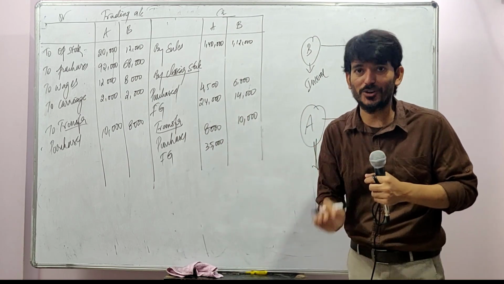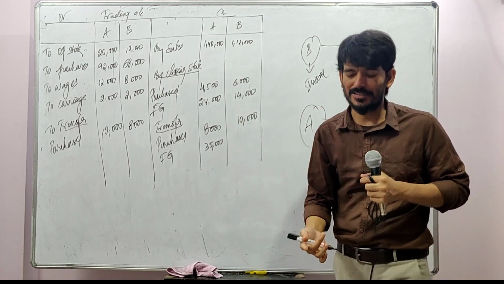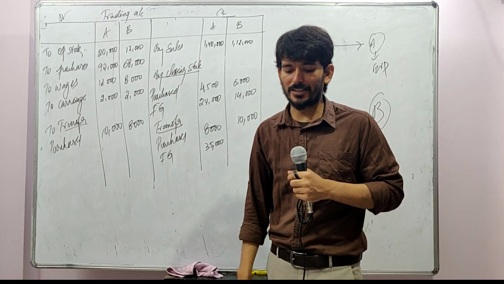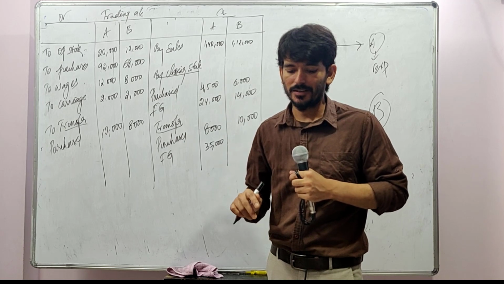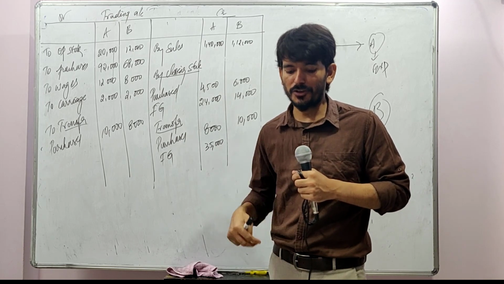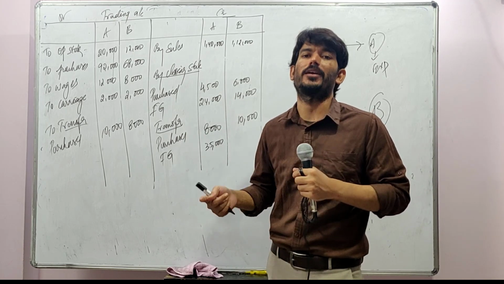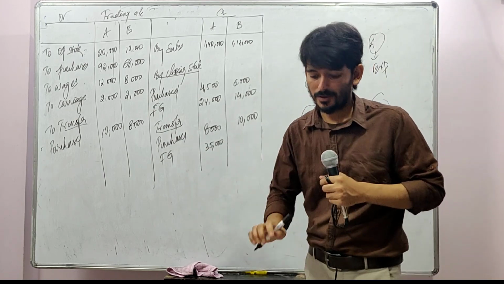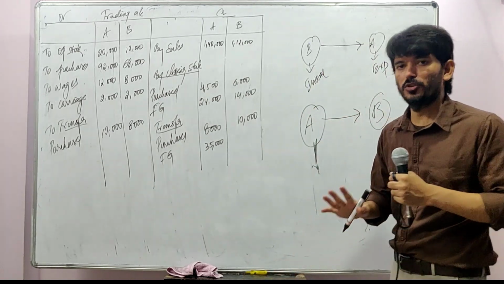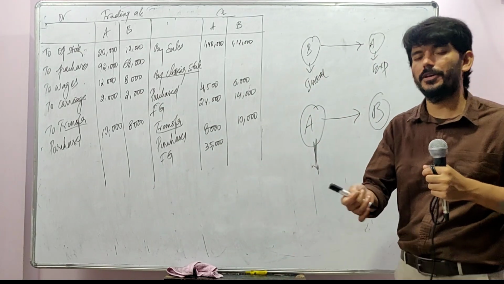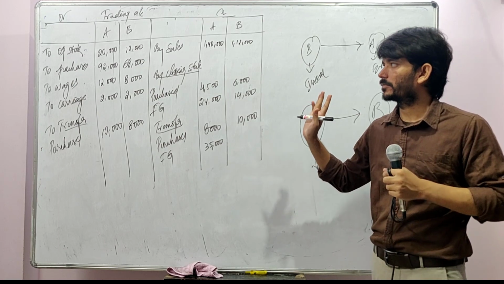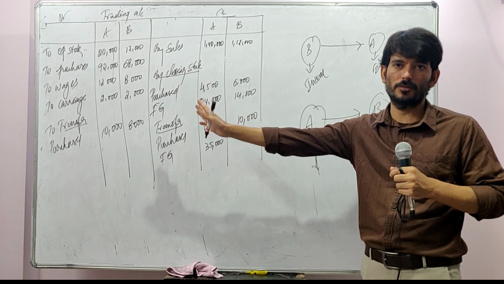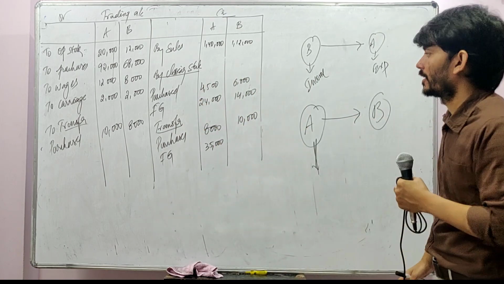Purposefully, in the question they will be writing reversed. Just observe the question. For purchased goods, first he has given B to A, then A to B. For finished goods he has given A to B and then B to A. Just to confuse us in the examination, we will be in a stressful situation, right? But we should be careful enough. It's okay to waste 1 minute, it's fine, but whatever you do, do it right. If you are attempting 80 marks, 90 marks also, damn sure you will be getting 60 plus. That should be your thought process.